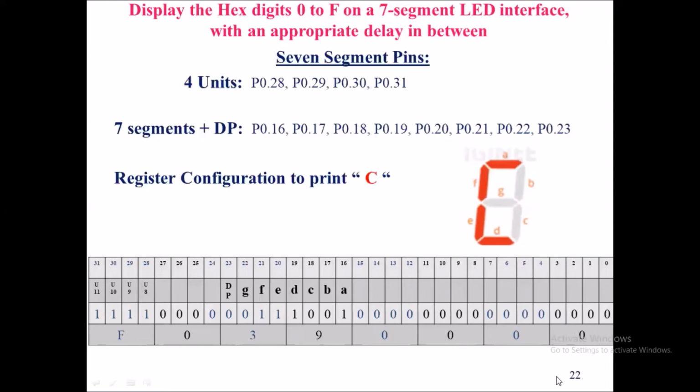So let's see how to display C. To display C, segment A should be in high state, segment F should be in high state, segment E should be in high state, and segment D should be in high state. So that's why I have written 1 across A and D, 1 across E and F, and have represented 0 across B and C, and also 0 across G. So I have written 1 across all the 4 units, which means that I am displaying C in all the 4 7 segment displays. So the final register configuration to display C is